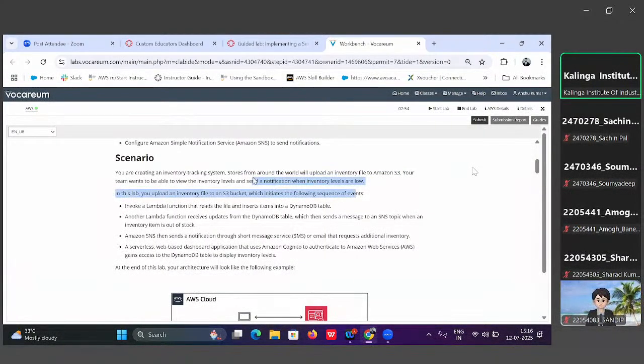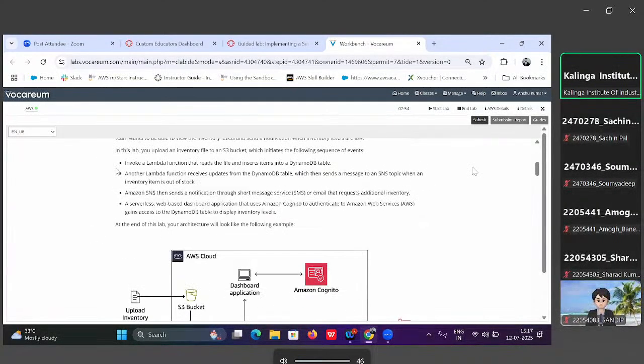तो जब भी condition down रहेगा तो notification send करना है, और वो जो है inventory files को किस पे upload करोगे, S3 bucket में. So you will upload an inventory file to an S3 bucket, which initiates the following sequence of events. So one is to invoke a lambda function that reads the file and inserts items into the DynamoDB. तो पहला काम क्या है lambda function का, फाइल्स को रीड करना एंड इंसर्ट करना आइटम्स को किसमें, DynamoDB टेबल